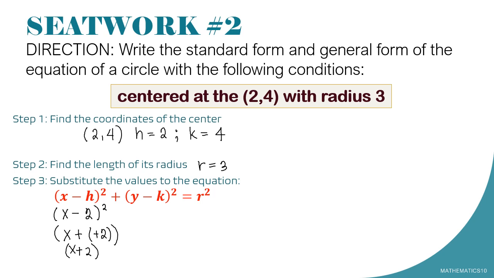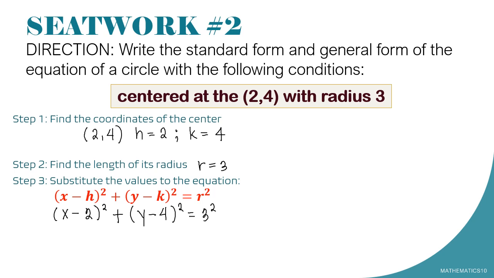Okay, by the way, let's go back to the original data that is given. So we have here, now moving on to our next square of binomial. So we have y minus, and since our value of k is simply positive, you just write it positive 4, and then square, and then our radius is 3, and here we go, so 3 squared. Now this is not yet the final answer because we need to simplify those things that we really need to